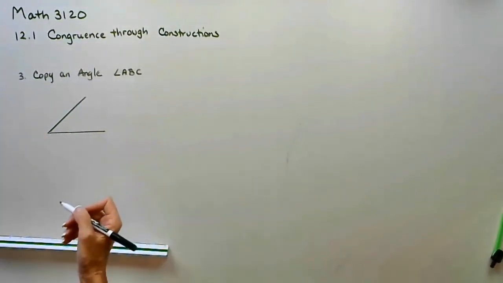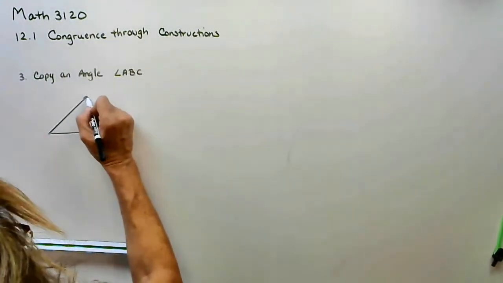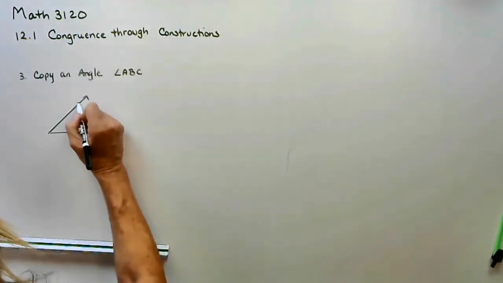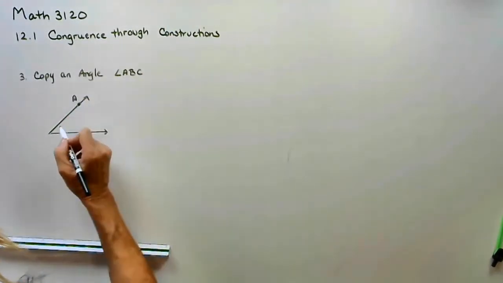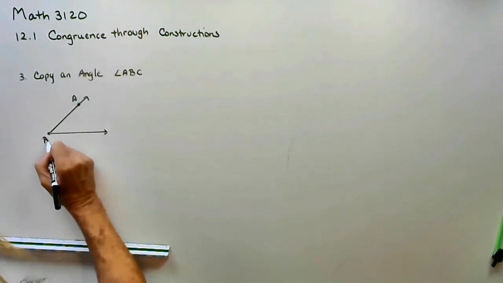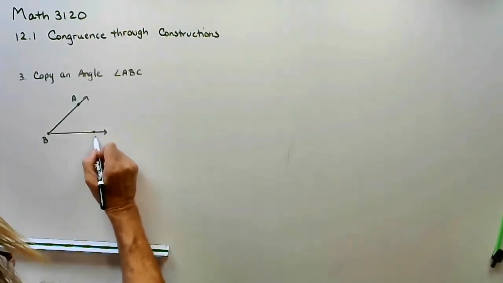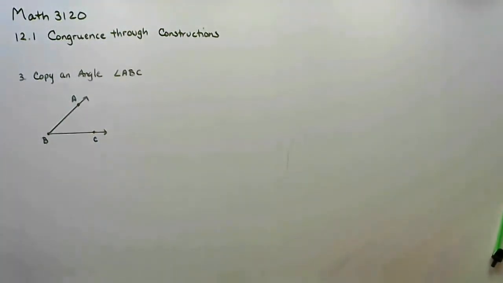And we called this angle ABC. So I know that's the intersection of two rays. So here's point A, vertex B, point C. And I want to copy that. So I want to create, without a protractor, without a ruler to measure the sides,